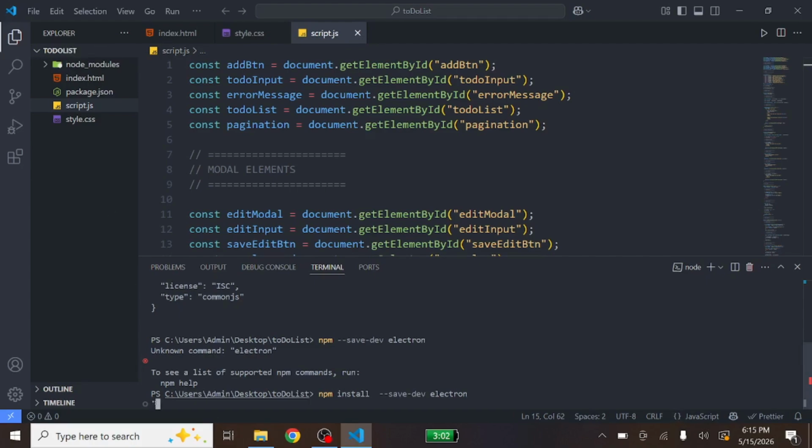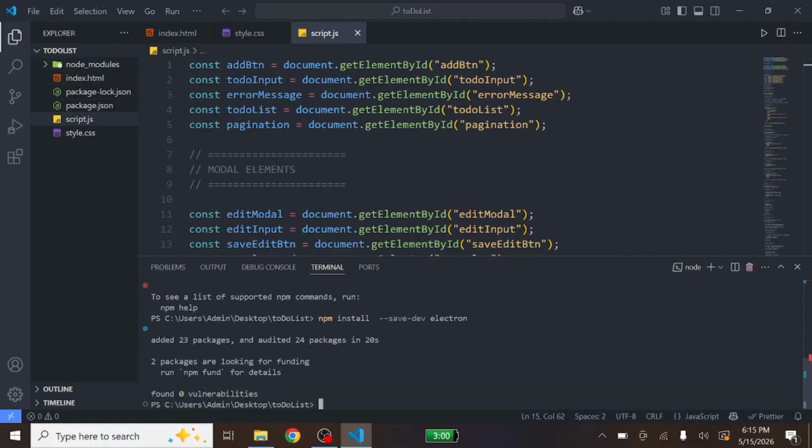You can see while it's installing the node modules, which will contain all the dependency we are going to use. Already finished. And when we want to create a desktop application, normally we need 3 files. We should add 3 JS files here. And the first one we are going to create is